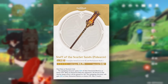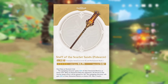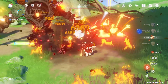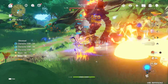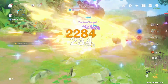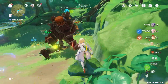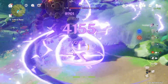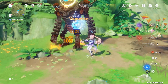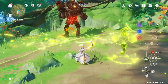But the main thing of this is we're going to be looking into Cyno's weapon to see how good it actually is for you to pull, because of course if you're going to be pulling it only for Cyno, then definitely it's literally the best weapon for him, because the passive is very good, giving 52% EM as attack bonus and another 28% whenever you use your E skill with a 3 stack. So definitely Cyno can make 100% use of this weapon,